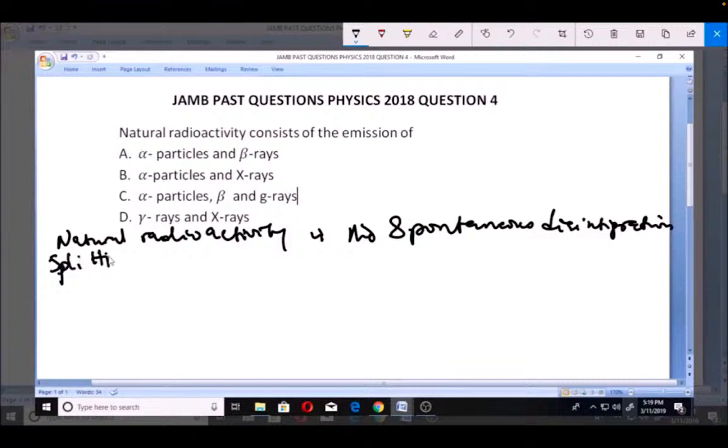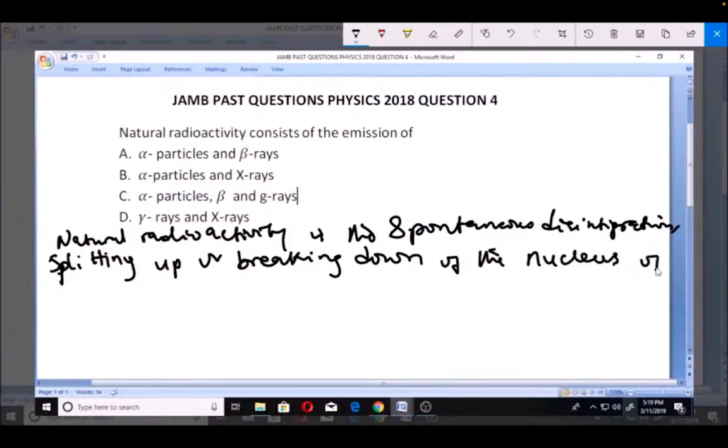You can call it disintegration or you can call it splitting up or breaking down of the nucleus of a radioactive atom